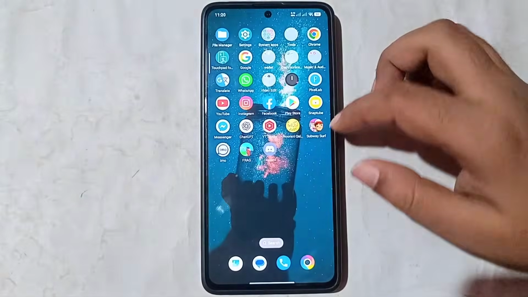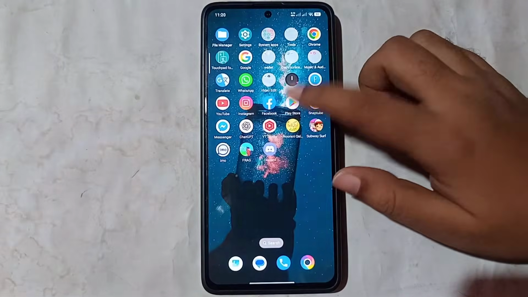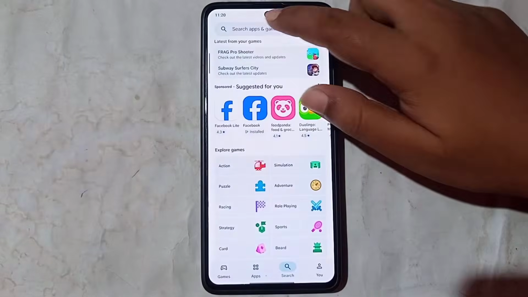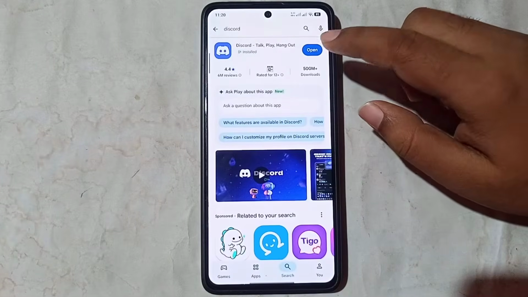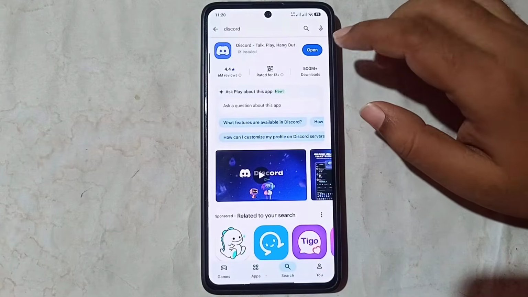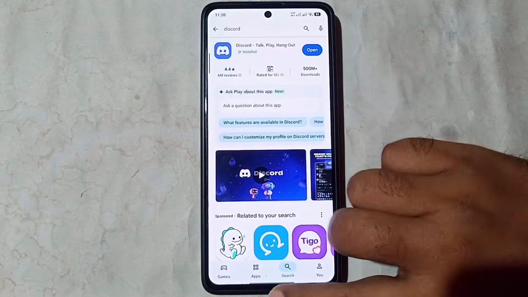Then go to your home page and go to Play Store, search here Discord, update your Discord app if it's available for updates, then open your Discord app